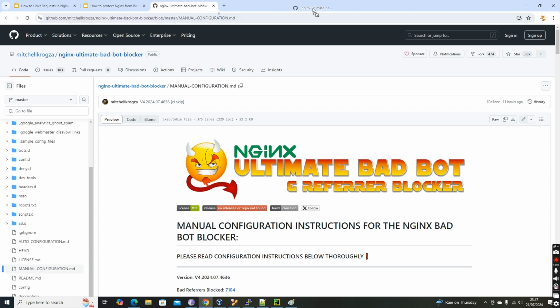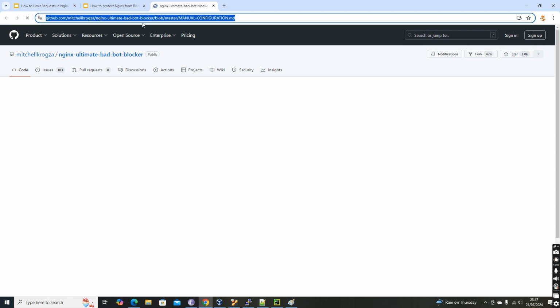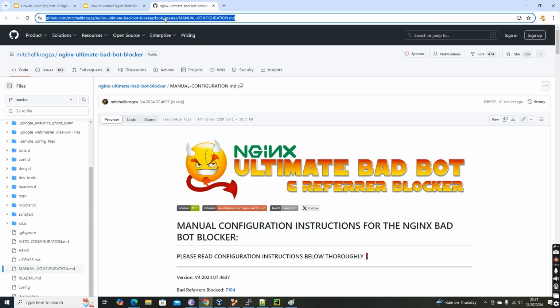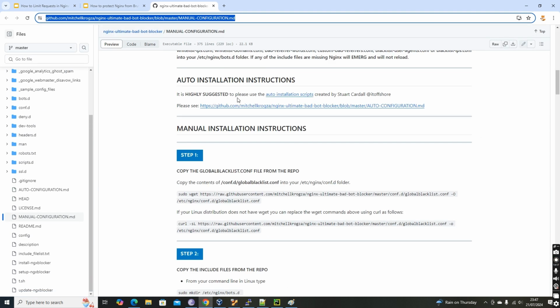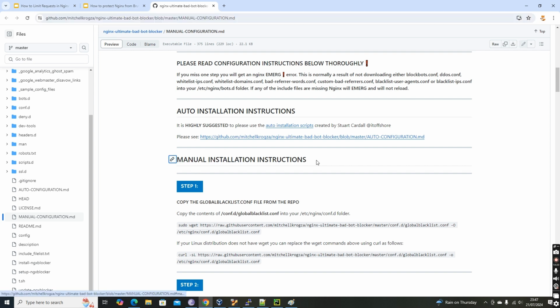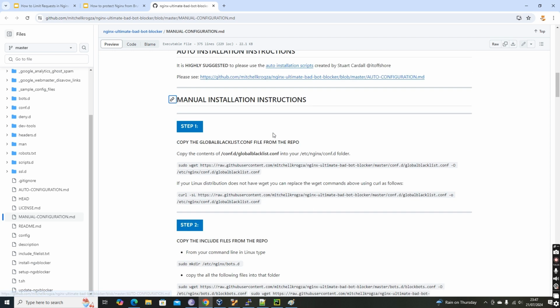You can check this particular GitHub URL. You can just search in Google for the ultimate bad bot blocker. Here they have mentioned the detailed steps. Step 1, manual installation steps. There is an automated installation also, so you can either use this, or